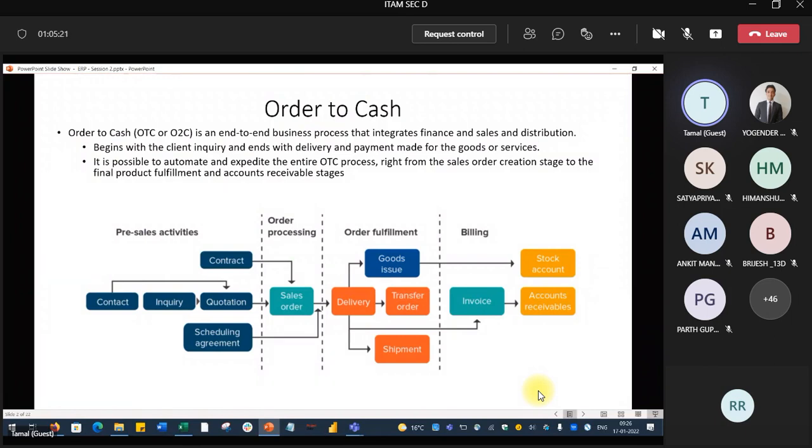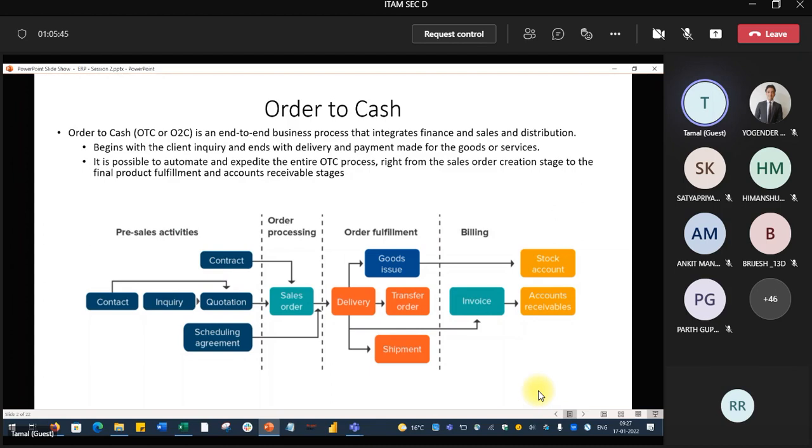In pre-sales activities, we have to get the contact. Somebody is calling you, you have to keep the data, like Indigo, you want a window seat. Then you have to keep the contacts, do the inquiry, then the quotations.